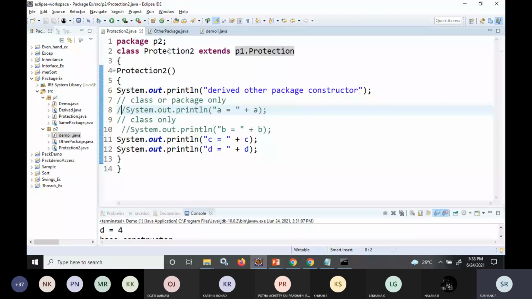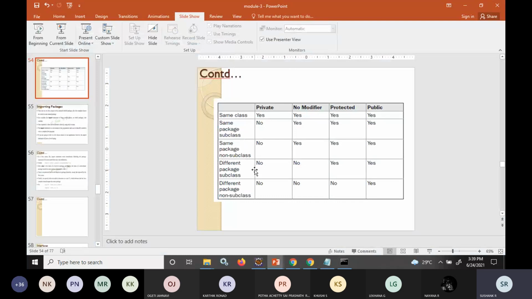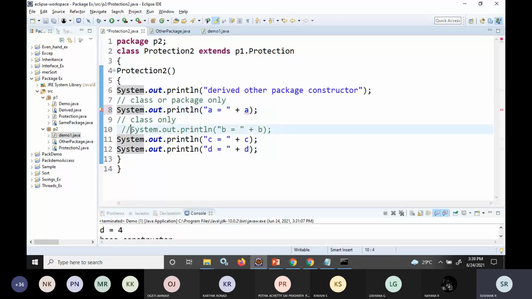It is trying to access A, but I will get an error. Why? Because you know that A is default. Just check the fourth row. We are in different package, and if I try to access a default modifier, the accessing is not possible. So that's why I cannot access A. Similarly, if I try to access private variable, I will get an error.